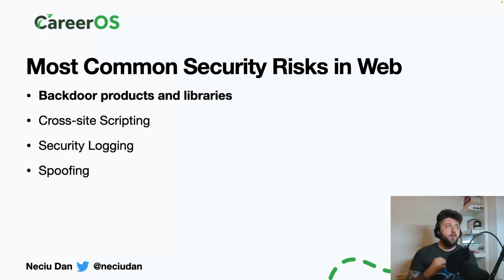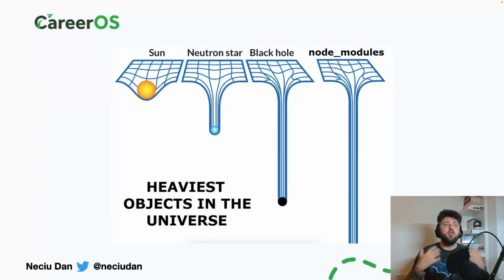And let's start with backdoor products and libraries. There is a very popular joke in the JavaScript community that when scientists started mapping out the heaviest objects in the universe, of course, they started with the sun, then the neutron star, it's heavier than the sun. Even heavier, it's a black hole. And finally, the heaviest object in the universe is the node modules inside a JavaScript application. Now, of course, this is a joke, but you can see that